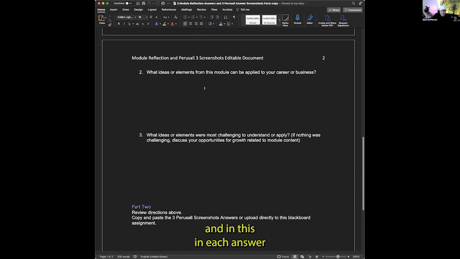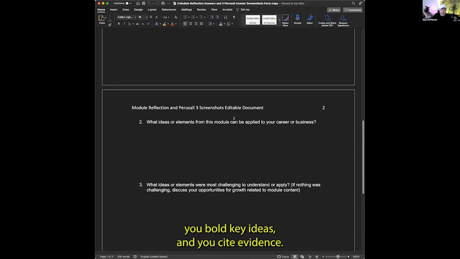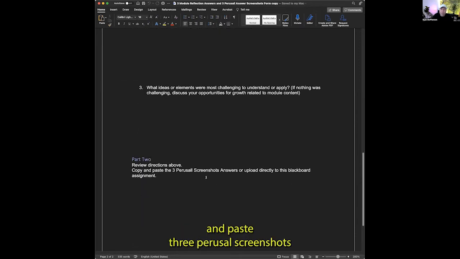And in each answer, you want to make sure you have 50 words, you bold key ideas, and you cite evidence. In part 2, you're going to copy and paste 3 Perusall screenshots from the Perusall Learning Management System. The Perusall link is actually accessed at the very top of the list of learning modules. You click on that link and it opens Perusall, and then you can find the specific chapter that has been assigned in the module that you're working on